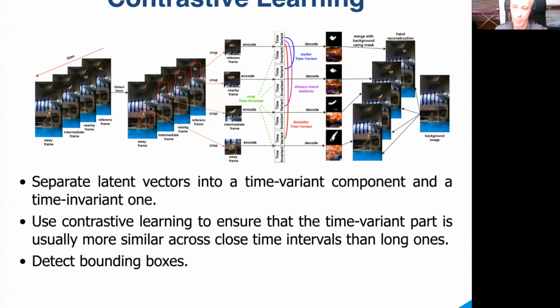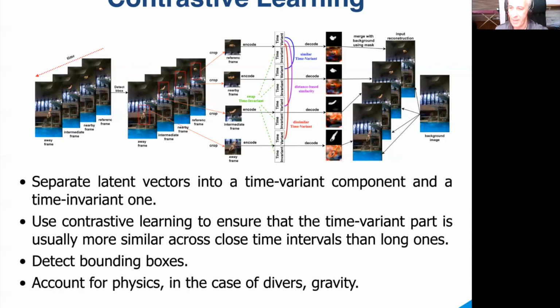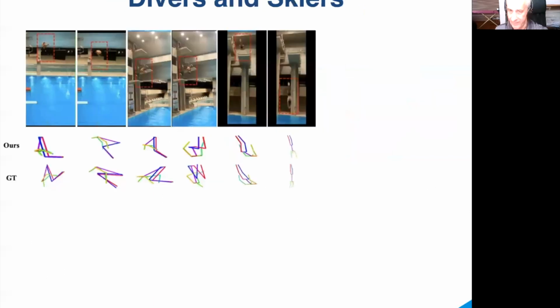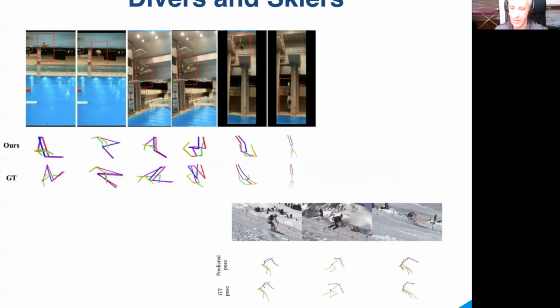We incorporate a bounding box detection network so that the network can be deployed at real sport events. And we enforce physics-based constraints to speed up convergence during training. This turns out to work very effectively to train a single camera system to compute the pose of divers and of skiers using very little annotation data.